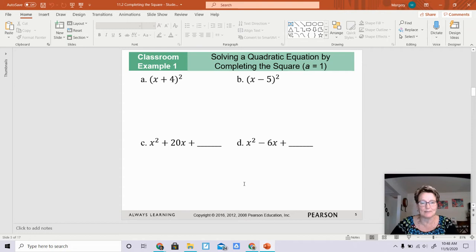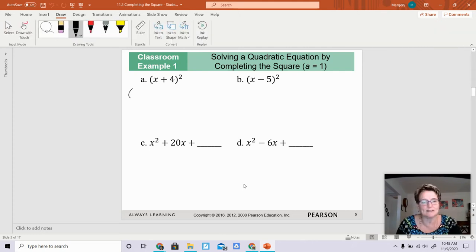This first example is to show you guys how to create a perfect square trinomial. A perfect square trinomial has a certain aspect about it, and I'm going to walk you through it. Back in Algebra 1, you learned this. However, it's been a long time since Algebra 1, so let me help you and walk you through it. First of all, on letters A and B, we have a quantity of x plus 4 squared. Now, if you don't know the formula,